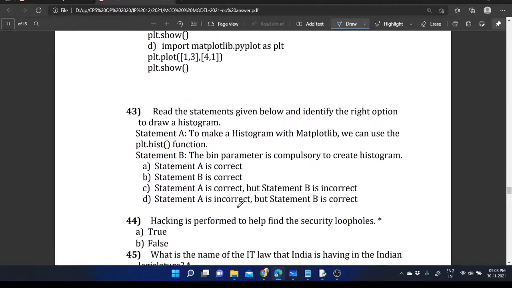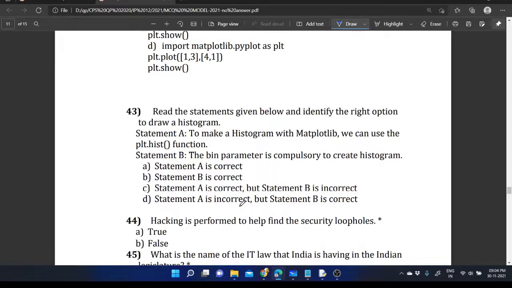Then the next question is also based on assertion and reasoning. Read the statement given below and identify the right option to draw the histogram. Statement A: To make a histogram with matplotlib, we can use the plt.hist function, and the bin parameter is compulsory to create a histogram. Is it compulsory to provide the bin attribute there?